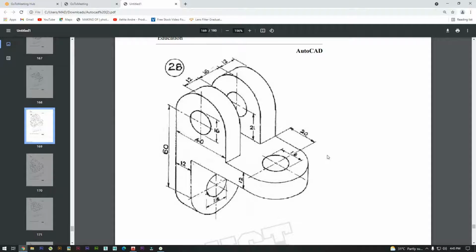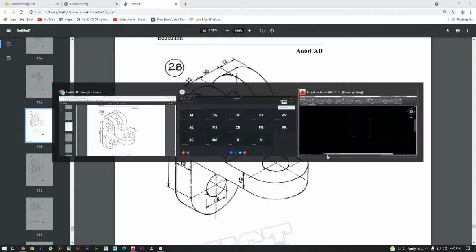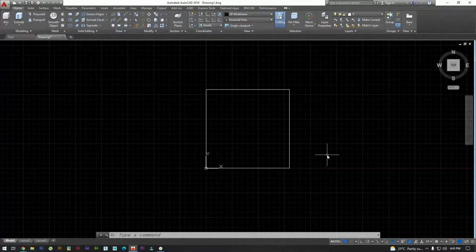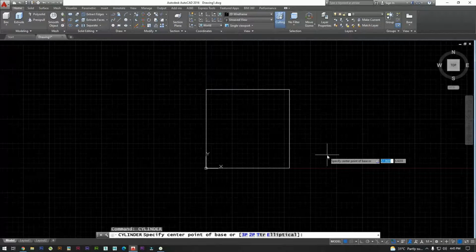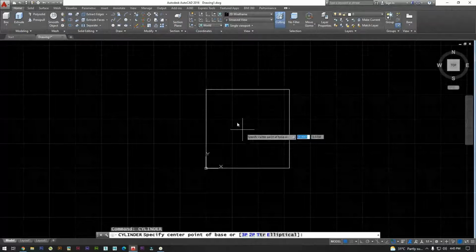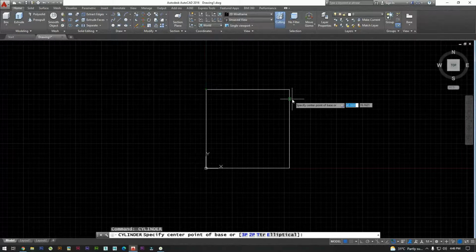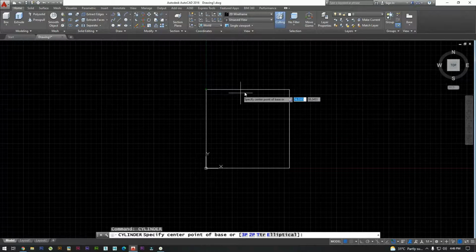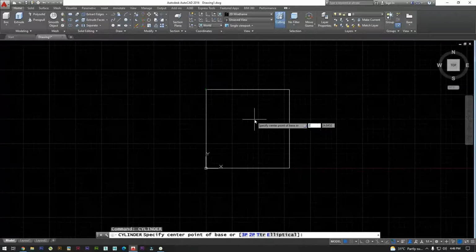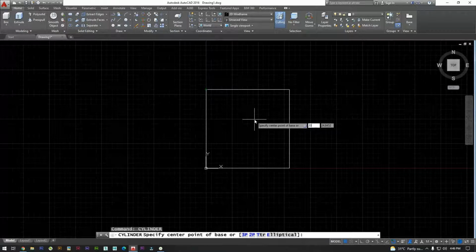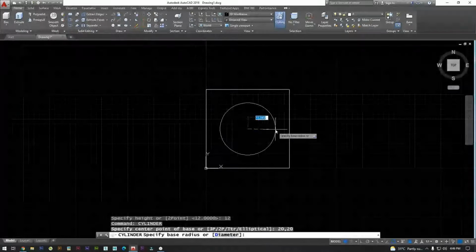Use cylinder. And here also don't click any point because we need the middle point. From here it is 40, this is also 40, so 20, 20. Specify 20, 20. Enter. Put this. Now what is the radius of that?